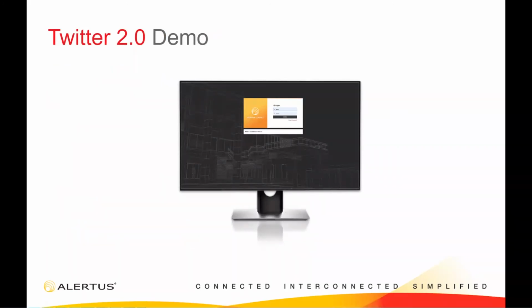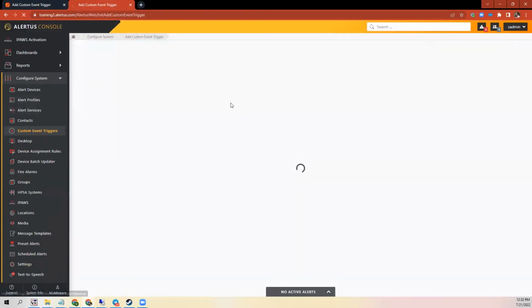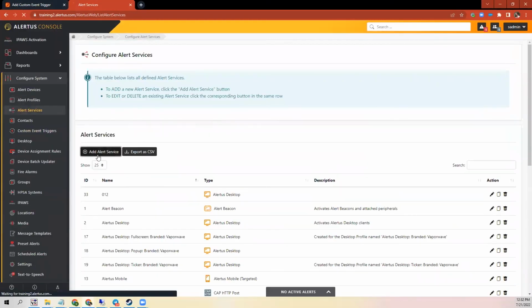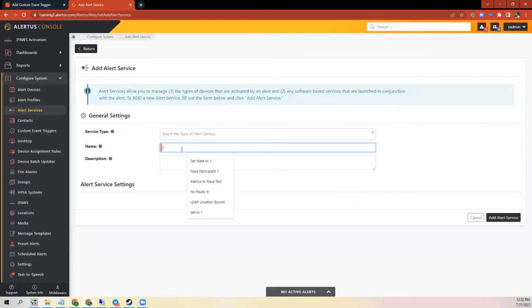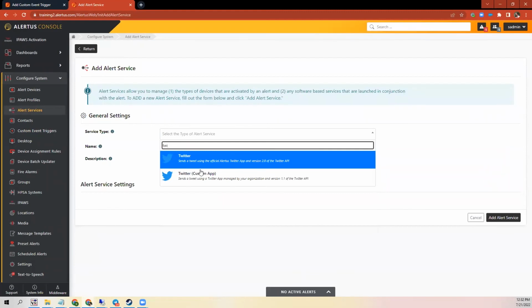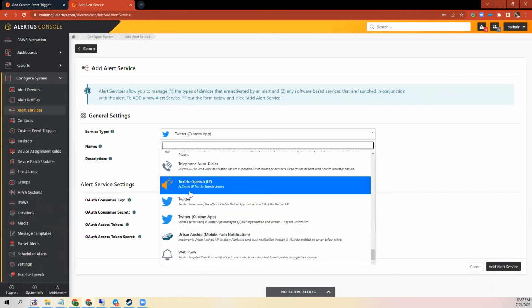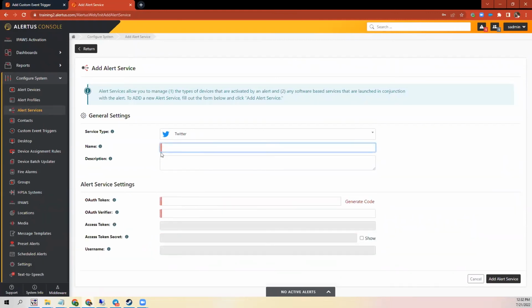So we're going to air alert services, and there are 2 ways we can do this Twitter thing. So let's not do name, let's do service type. We see there's the custom app. This is the old way it had to be done, where you have these tokens, the secret and all that nonsense. And then we have the current Twitter one here. You can have this information sent this way, but